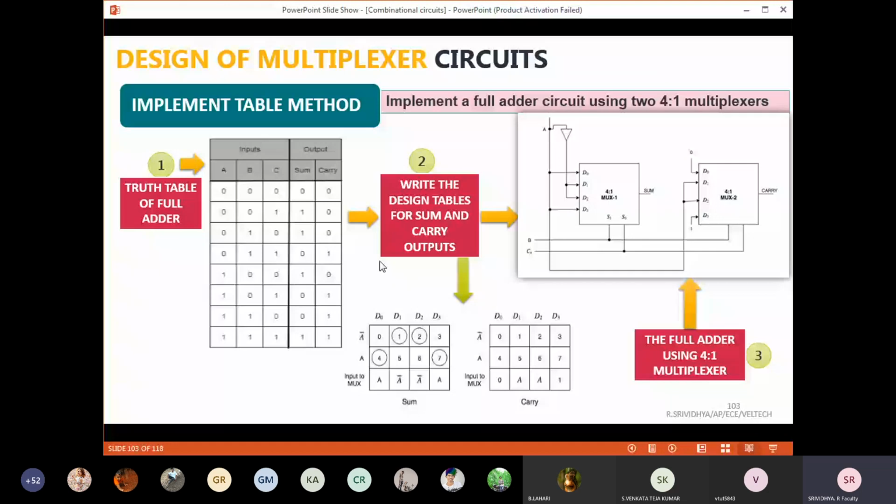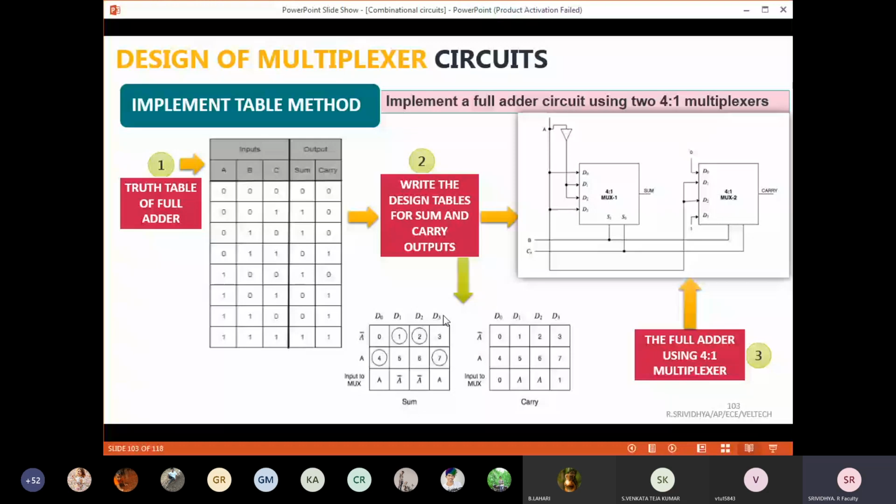This is actually the implementation table. Now this may look like a K-map, but it is not a K-map. Always students will get confused and they will draw the K-map. But when it comes to multiplexer, demultiplexer, encoder, decoder, we will never use K-map. So it looks like a K-map, but it is not a K-map. I will just tell you all how to form this table. So first we have to form 2 tables.